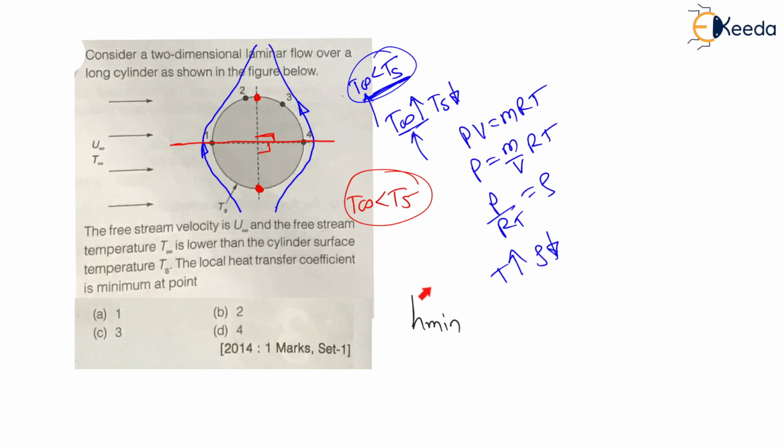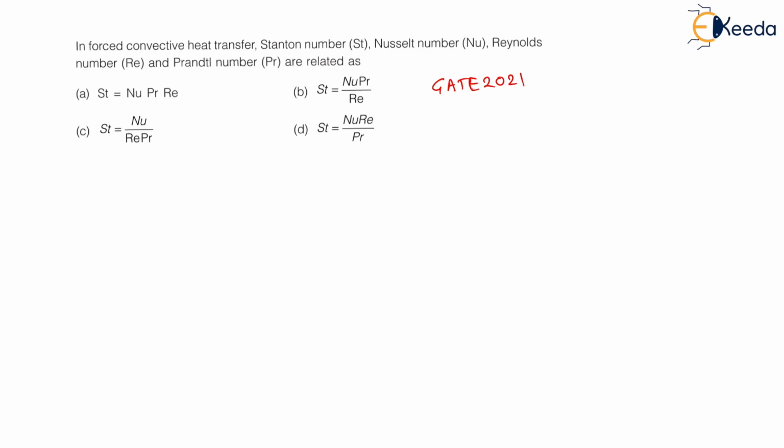Let us say these points are 5 and 6. h is minimum at 5 and 6, and the next minimum will be, now 3 is a little bit away as compared to 2, therefore next minimum will be for 2. Therefore in 1, 2, 3, 4 the minimum is for 2. Therefore here the answer is option B. Theoretical question, one more question is remaining.